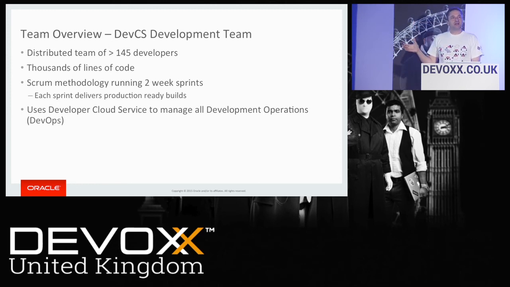What they use is an Agile methodology. So they use scrums every 2 weeks, and they have these sprints where they set up what they're going to do for the next 2 weeks, and then they obviously sprint towards that. And then they use the cloud developer services themselves to manage all of the developer operations. It's almost kind of like a recursive thing. You're developing the code that you're actually using to develop the code.